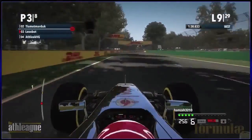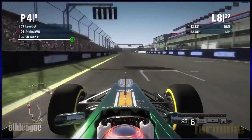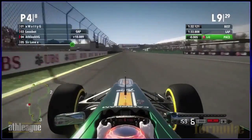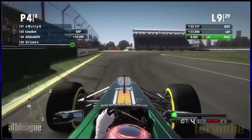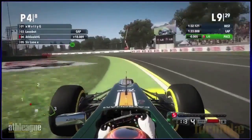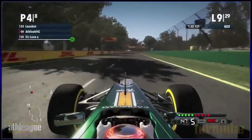Yep, so it should be any time now. If you get caught up in traffic, then you definitely need to pit, because getting caught up in traffic and being on old tires can lose you an awesome amount of time, so it can also ruin your race. So expect the pit stops to be happening anytime soon, as we've got Athleague here going fairly well in position